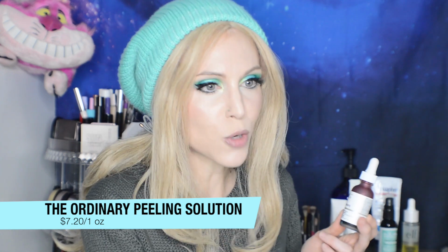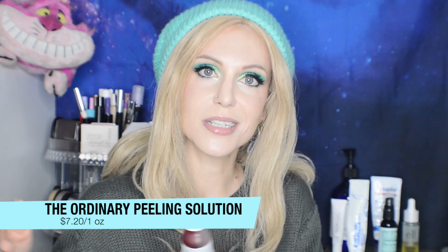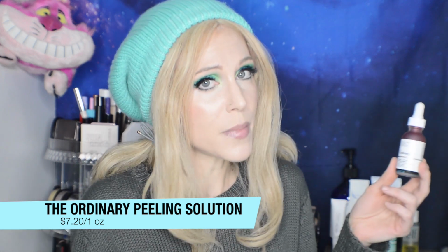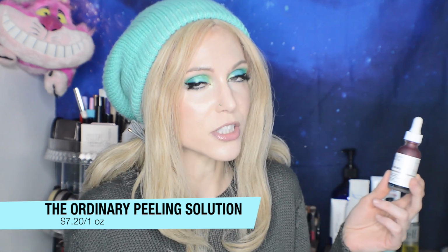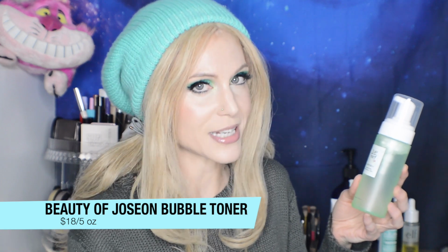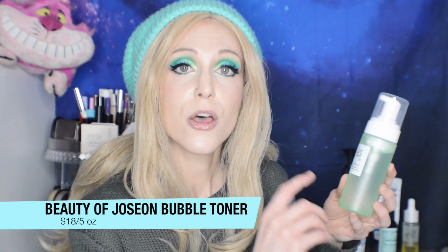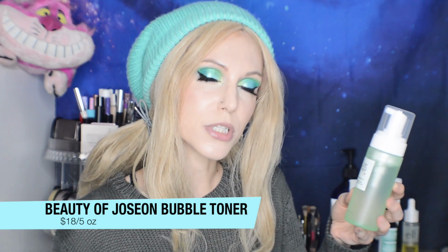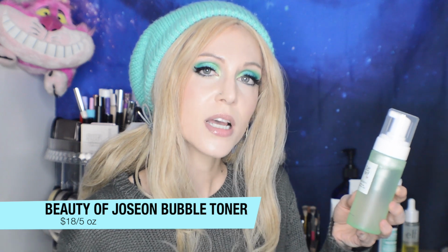Again, because it is so potent, I also want to make sure you are cautious with this product and know that it may not be for everybody just because of its strength. Which is why I also had to grab the Beauty of Joseon Bubble Toner. This is a little more pricey than the Ordinaries, but it is a 3% bubbling toner. It really is possible to not be able to use those higher percentages of AHA products, but I don't necessarily